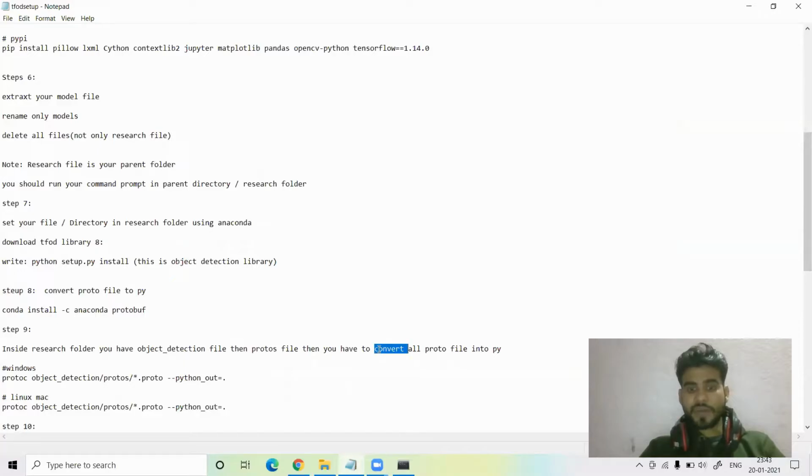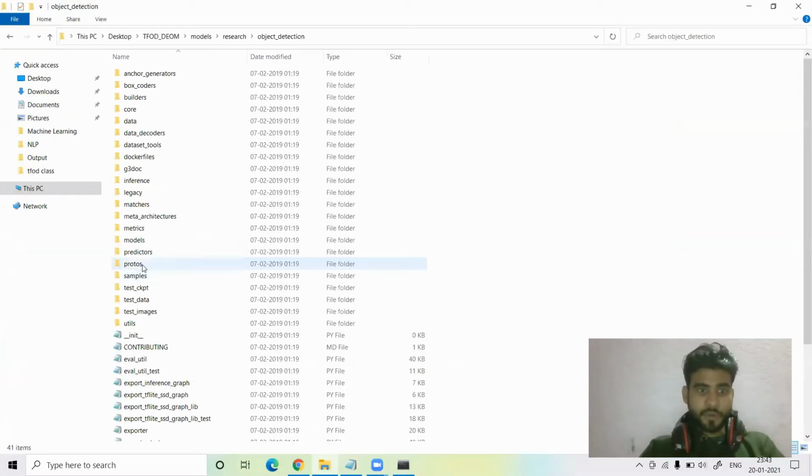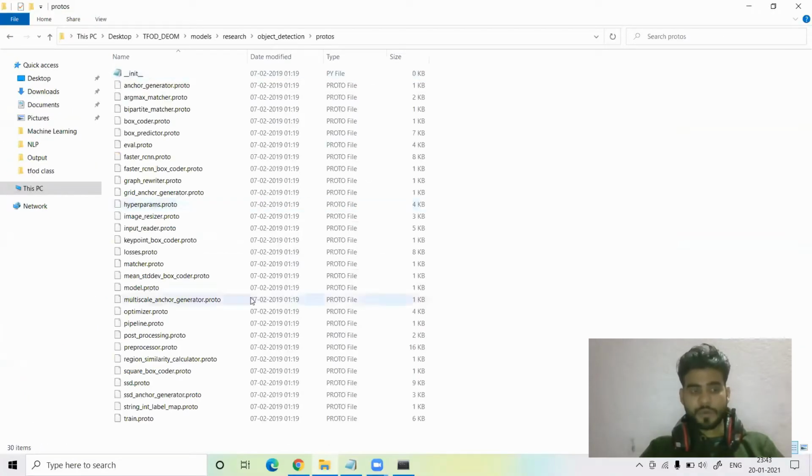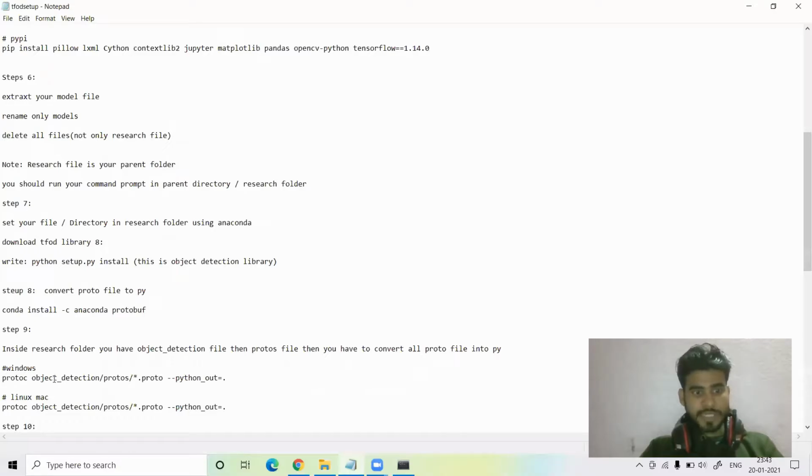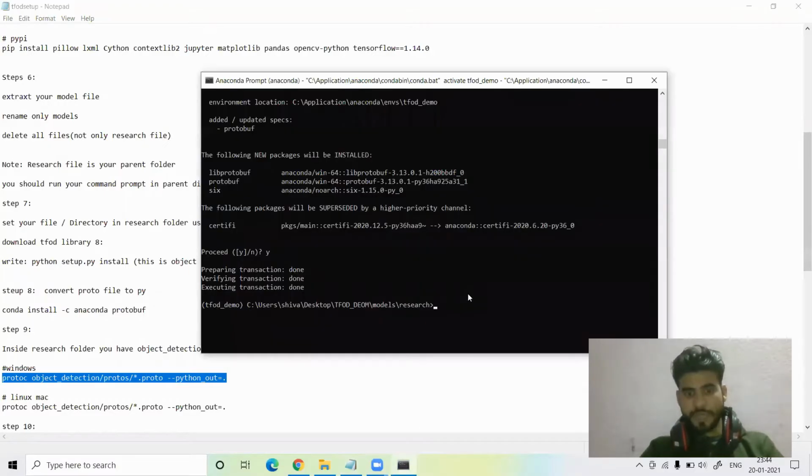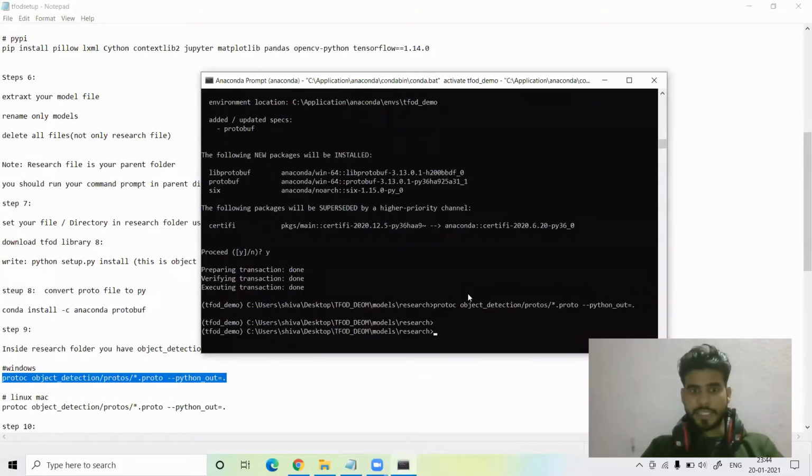Then you have to convert all the proto files into py files. We have some of the proto files. So we have to convert these proto files into py files. Using this, you write this command for Windows and this one for Linux. So let's copy and paste it here and hit the enter.